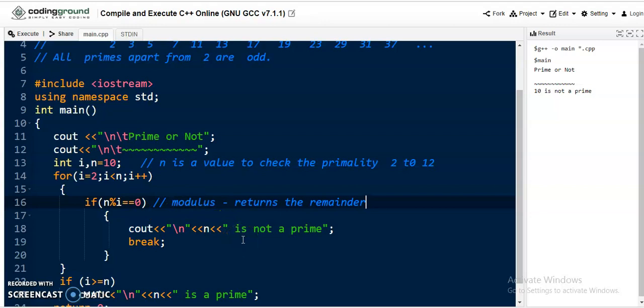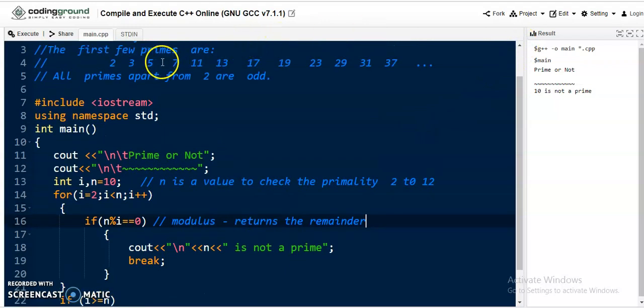For example, let's take the value 6. In this example 6 is not prime, because 6 is an even number and exactly divisible by 2 and 3. When I divide 6 by 2, it automatically returns a remainder of 0. When it returns 0, the number is exactly divisible by that number.